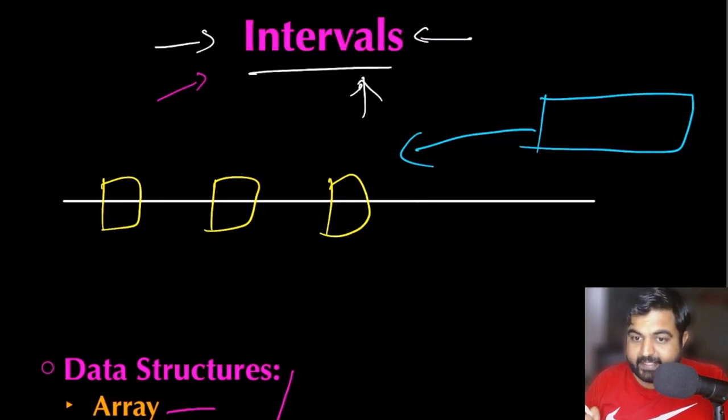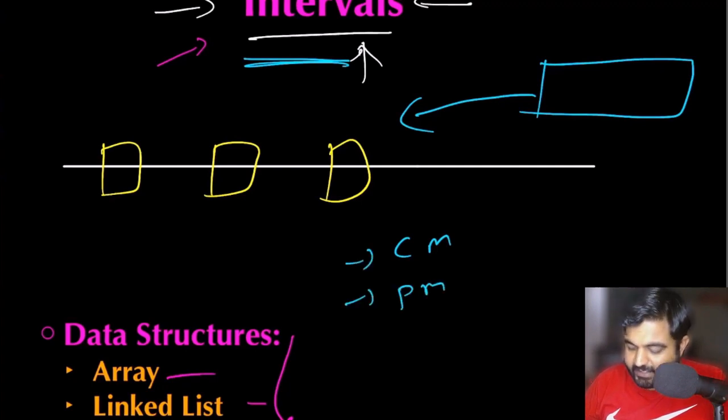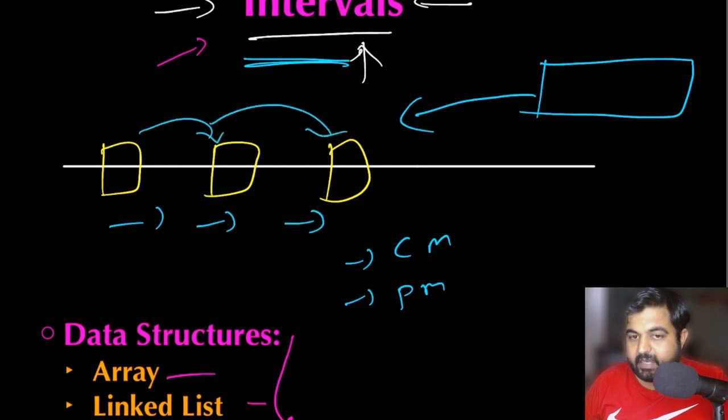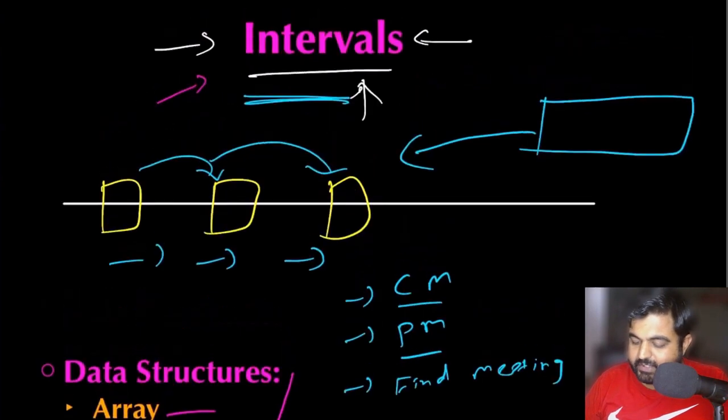If we look at practical applications for interval problems, there are use cases such as calendar management, or project management where everything needs to be done in a sequential manner and there is a dependency between one item and the next, so one has to be done in order to complete the second one. Even in project management or calendar management, or finding a room or a meeting slot, these kinds of questions typically use intervals, and today we are going to go through every single one of them.